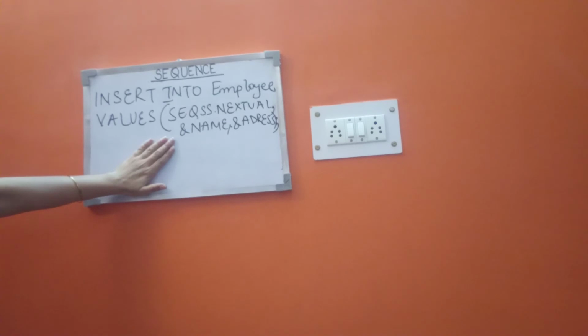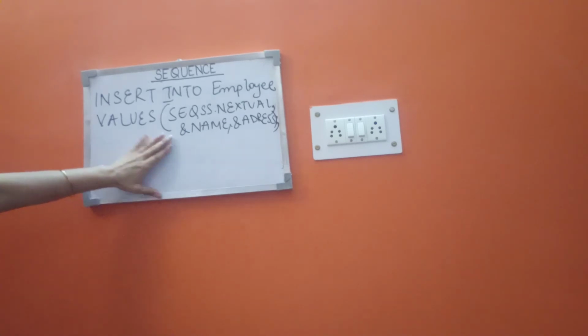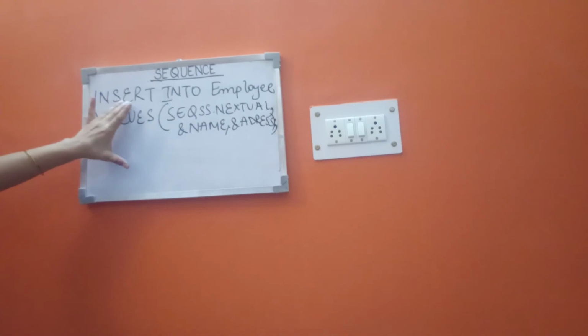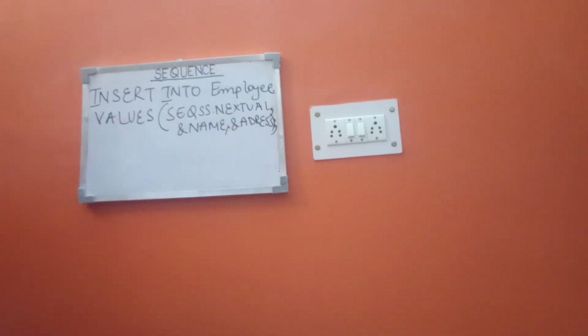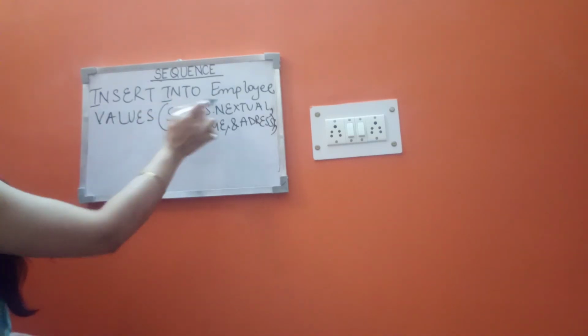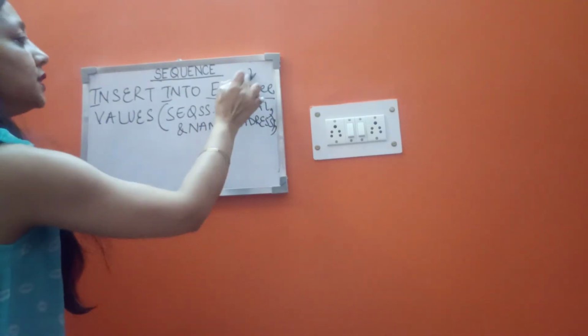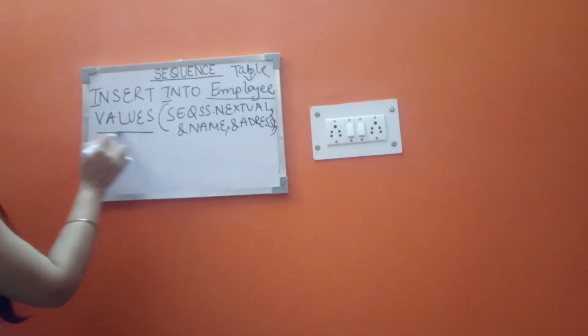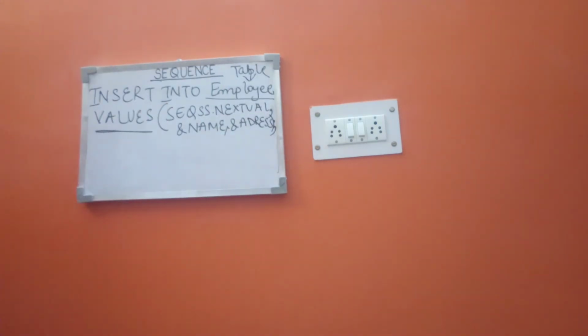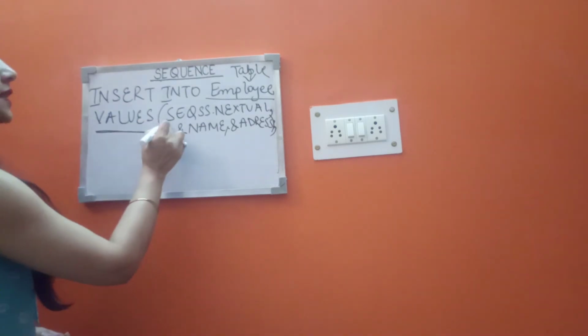So now what happens is that when this query is executed, first of all I will understand what is the meaning of this statement. I say insert. Okay, I want to insert some new values in the employee table since a new employee has joined the organization. So I say insert into what? Into this table, the employee table. Now I want to insert some values. What are those values? For the employee code I say